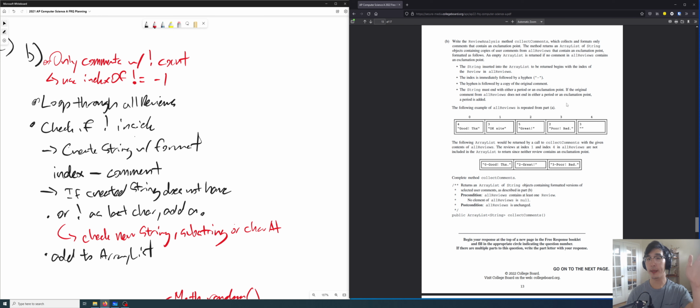All right, so big picture, I'm thinking that I need to loop through allReviews, and when I loop through, I need to check if there's an exclamation point inside of the string. Maybe I should write that down: inside of a comment.